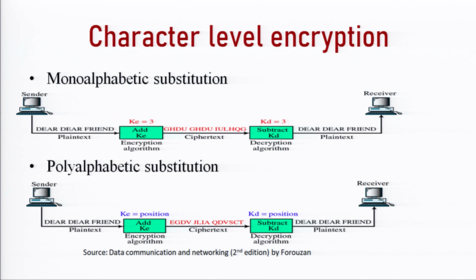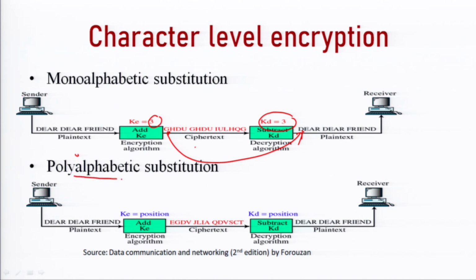This has been pictured here, and for example, it is dear friends. So, suppose ASCII code of D is something, and then some key has been added here. Suppose you will shift it up to 3 points. So, D is converted into E F G, and then E is converted into S. Similarly, it has been done here, and then at the receiver end when we will decrypt it, then we will subtract these 3 keys. So, G is again converted to D, but it is easy, a snooper can also easily crack it.